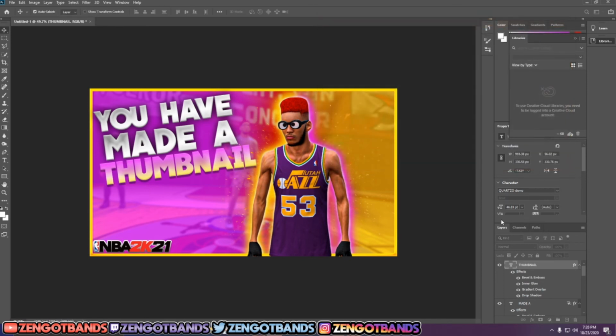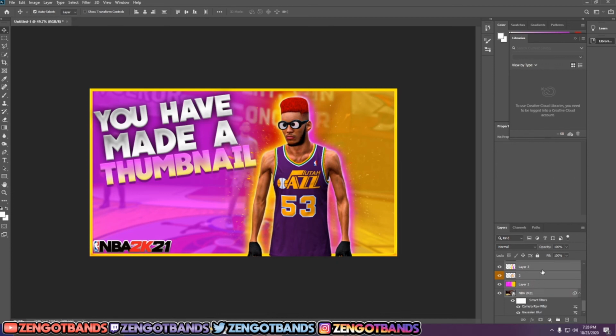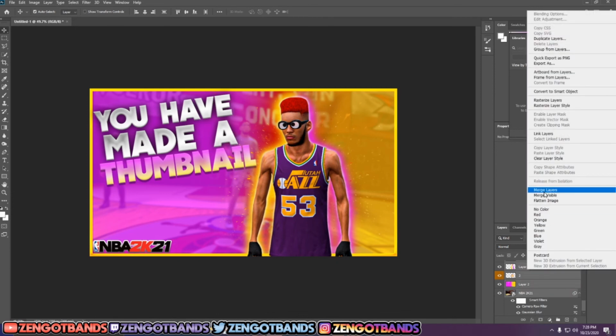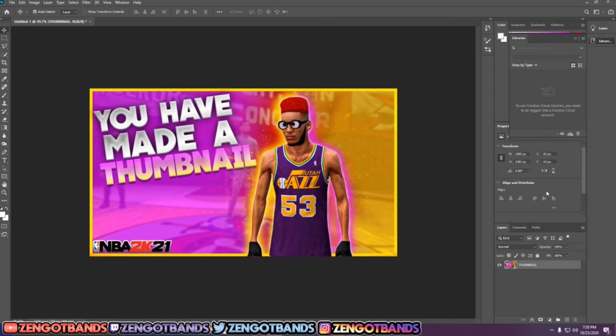Alright, so now we are almost done. So what you're gonna want to do is click on the top layer and then hold shift and click on the bottom layer, right click on it, and then we're gonna want to merge layers, so everything is just one layer now. And we're gonna go over here to filter, camera raw filter,